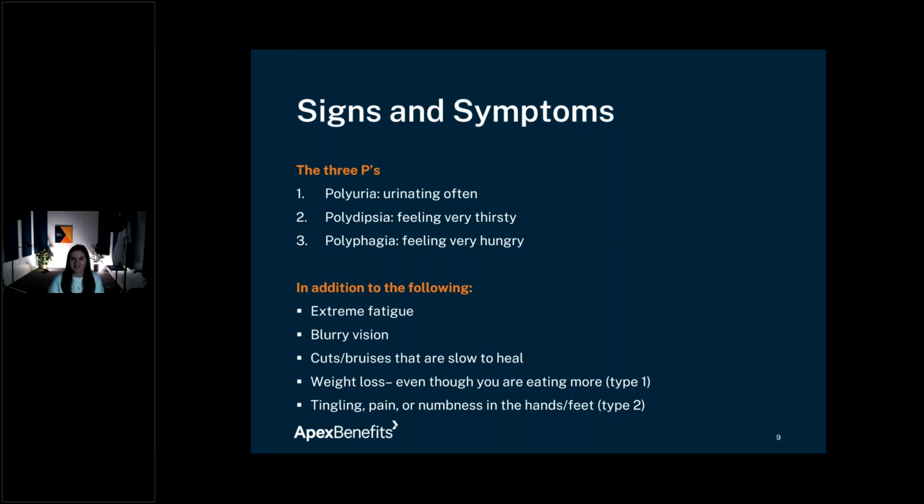And what goes hand in hand with that is polydipsia. You're feeling very thirsty. What's actually happening is your body has all this extra stuff in the bloodstream and it's trying to figure out how to get rid of it. A natural way for our body to get rid of things is through our elimination system, right? So we're urinating more frequently as a result, and we're drinking more frequently to stay hydrated. These are actually 2 of the first signs that make some people go to the doctor to get their levels checked.